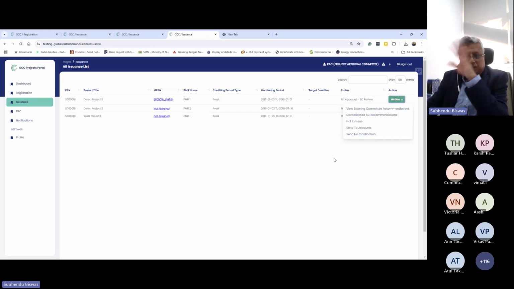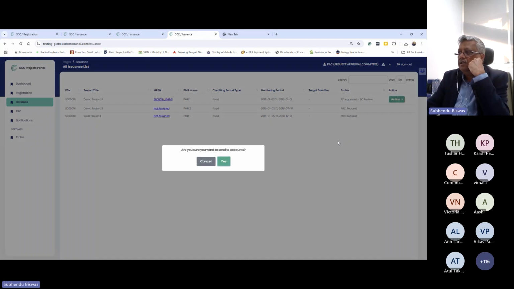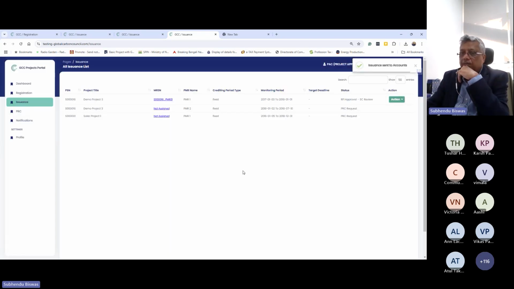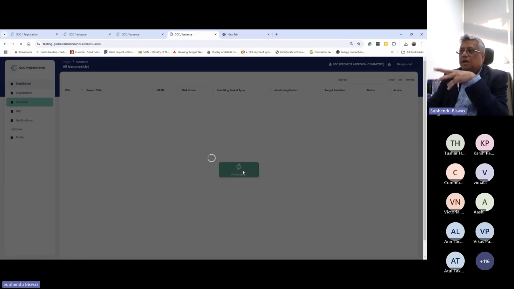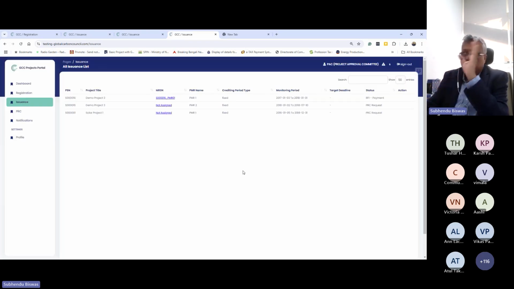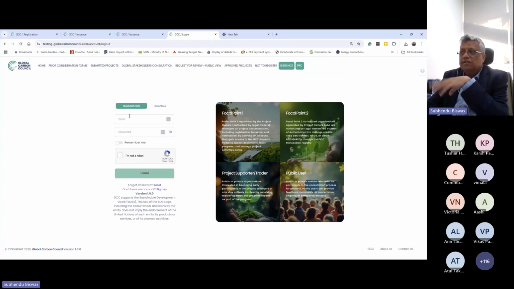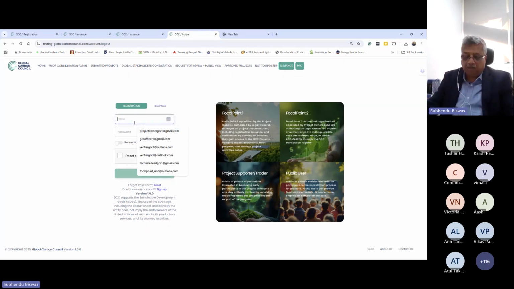Else, if everything is fine, they can ask the accounts to raise an issuance invoice against the amount of credits being invoiced in this project activity. So it will go for payment. The accounts person is going to log in and raise the invoice. The focal point is to make the payment, and the invoice is raised on the